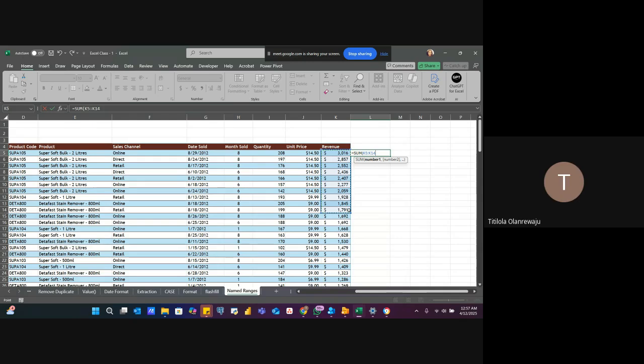Yes. Okay, you are seeing K5 to K14. But when you use named ranges, you want to see a name. You want to see something like revenue, unit price, quantity. So how do we name our range so that when we see it, I'm not seeing